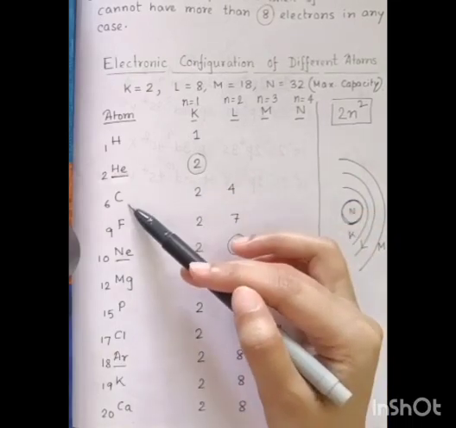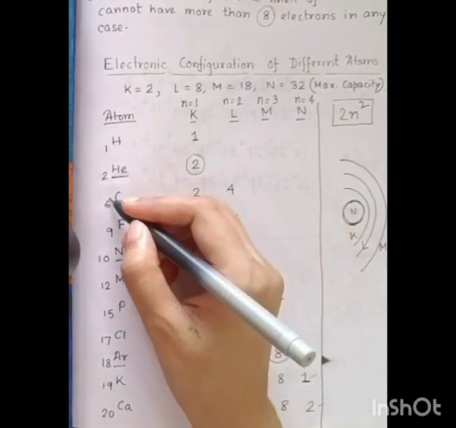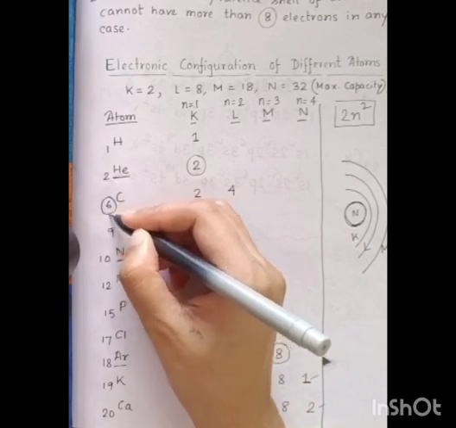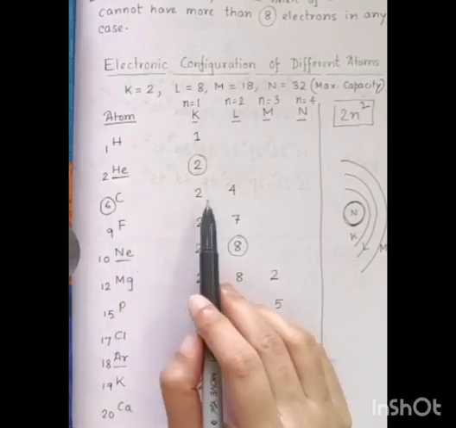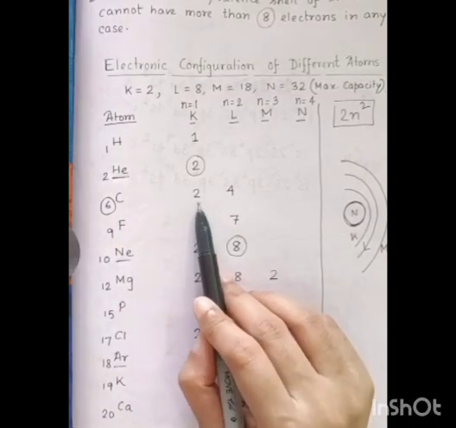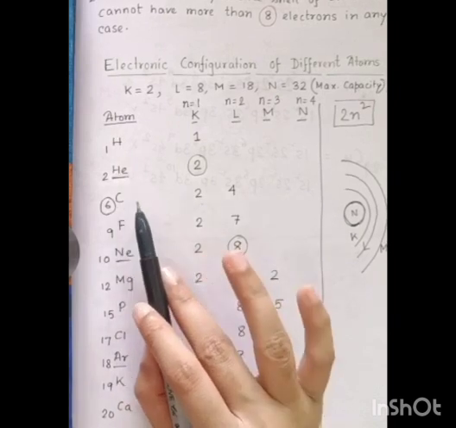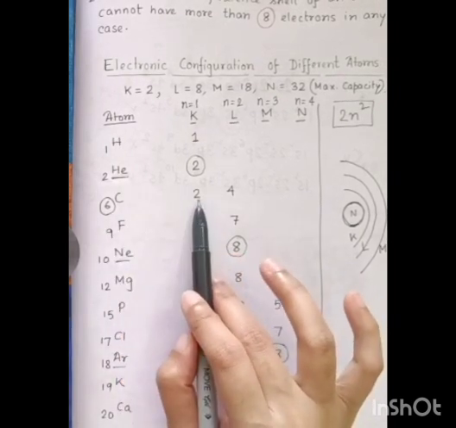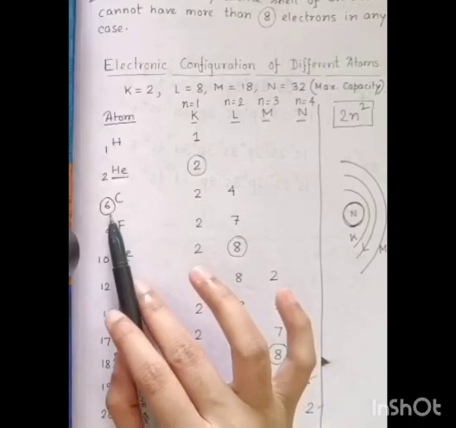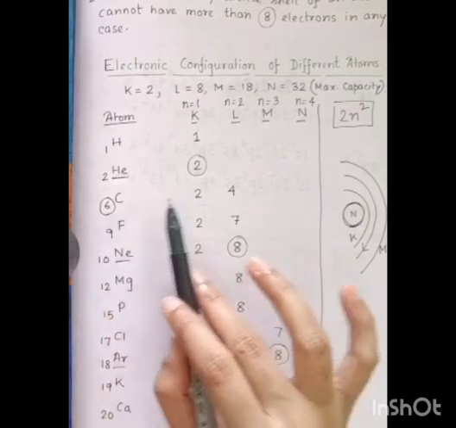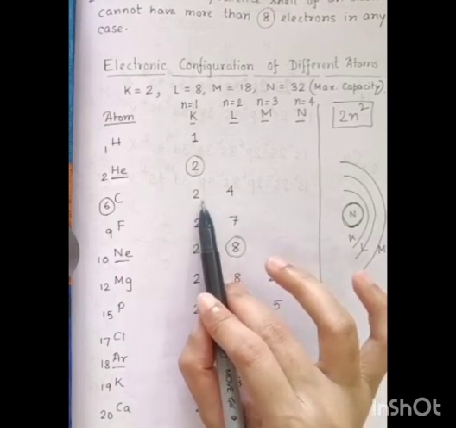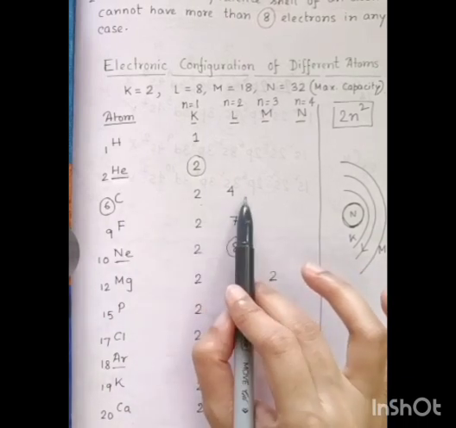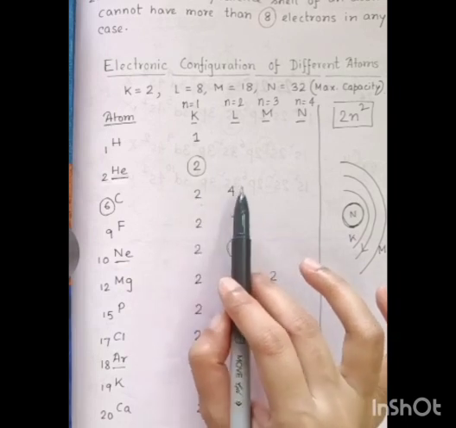Now for carbon, here you can see that it has 6 electrons in it. So out of 6 electrons, first 2 electrons will definitely enter the first shell, that is K shell. Now carbon is left with 4 more electrons, right? Because 2 have already gone to the first shell. So now it is left with 4 more electrons, which will definitely enter the next shell, that is L shell, because K shell cannot have more than 2 electrons. So the electronic configuration of carbon will be 2 and 4, which are present in K and L shell